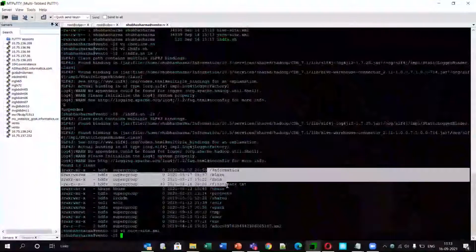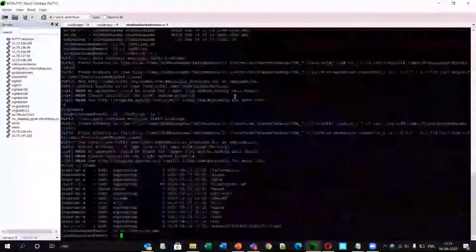So this shows all the files and directories inside this cluster.